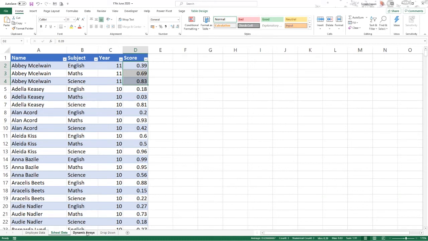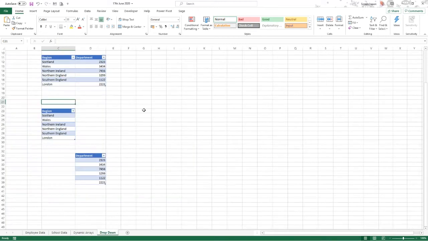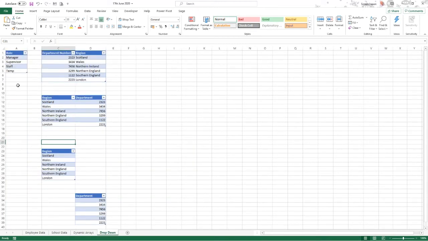So the first thing that we want to do is establish some drop downs for this set of data. So I'm going to go to my drop down sheet. I always have a drop down sheet in my spreadsheets where I put my drop down lists. And ordinarily you'd be typing in a table your drop down requirements. But what I'm going to do here is I'm going to do a query, and I'm going to sort